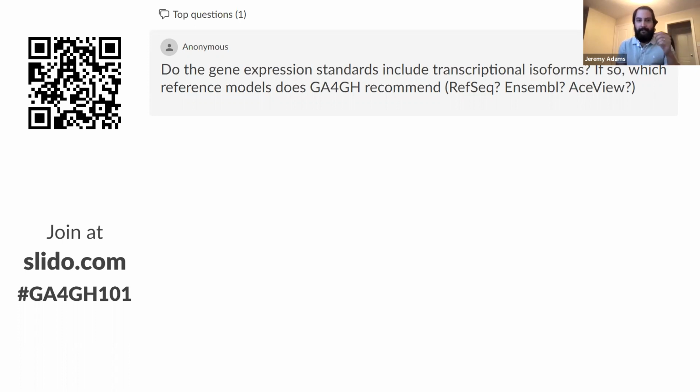So if this individual is interested in seeing how a GA4GH standard can come out of those existing tools, I'd recommend joining the sequence annotation working group. Right, which is a part, I don't know if you said this, a part of the genomic knowledge standards work stream. So I think